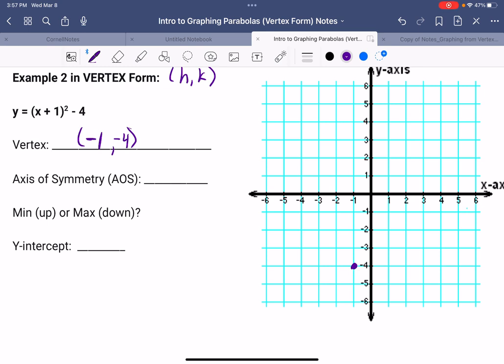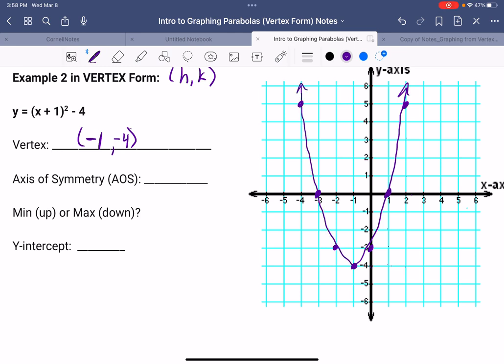Now, using the t-chart, I'm going to go over 1, up 1, over 2, up 4. Oh, I'm sorry, not 3, up 4. 1, 2, 1, 2, 3, 4. There we go. And over 3, and up 9. 1, 2, 3, 4, 5, 6, 7, 8, 9. I knew something was a little off. And then we're going to do the same thing to the other side. Over 1, up 1, over 2, up 4, and over 3, up 9. So your parabola should look